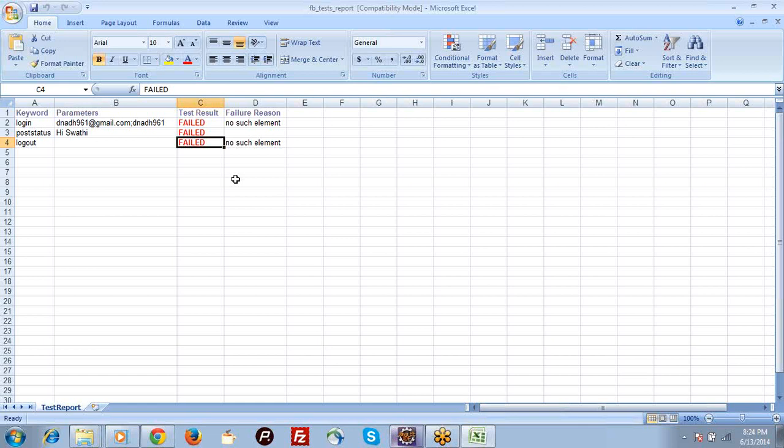So by providing an Excel sheet to the framework, we will automate the test cases. Yeah, that is the purpose of the framework. So in keyword driven frameworks, only keywords have to be there, Swati. We should not accept